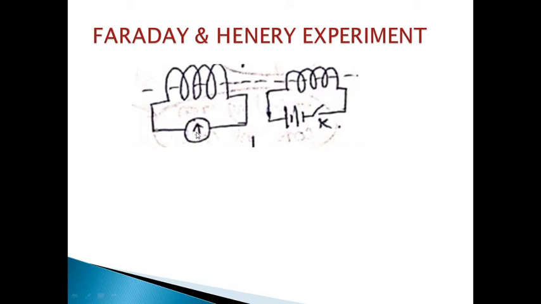One coil had a galvanometer in it, which is pointing to 0 right now, and the second coil is connected to a battery with a key, and the key is open, so there is no current in the second coil, and therefore no current in this first coil. Now when you close this key, suddenly there will be an increase in the current in this coil for a second or two, for a moment.